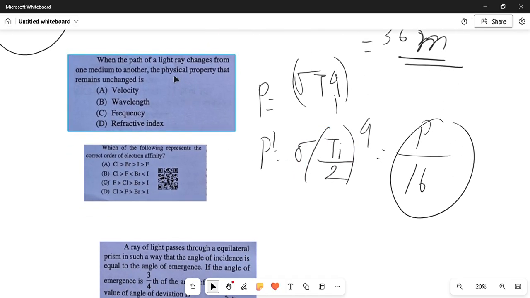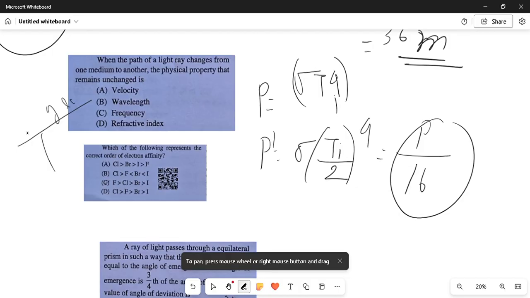Then next question: when the path of a light ray changes from one medium to another, the physical property that remains unchanged: velocity, wavelength, frequency, refractive index. We always know that when light passes from one medium to another medium, velocity always changes, and the refractive index of the two media is always different. So this is also different. Wavelength is also different, but frequency remains fixed. Frequency, when light passes from one medium to another medium, like this way. If this is the glass,